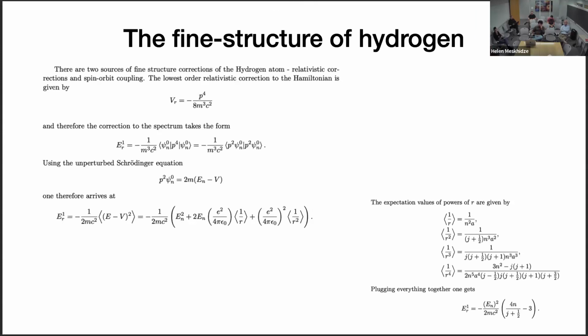There are different types of corrections. Let me review the standard ones, which are called the fine structure corrections of the hydrogen atom. One type of correction is relativistic corrections. Again, the details here are not important. I just want to deliver the message that these corrections can be computed using various methods. This is perturbation theory, and using it we can compute the corrections to the spectrum.